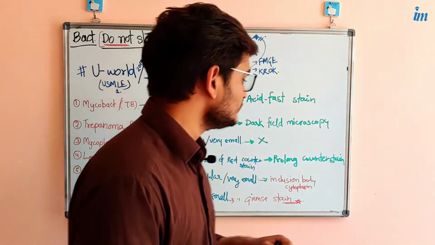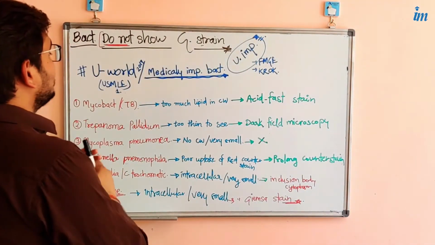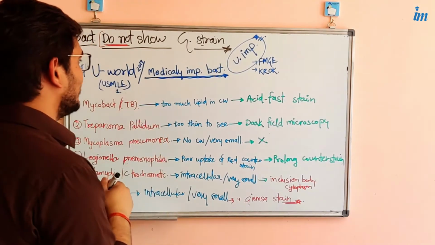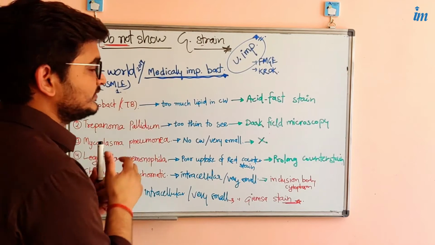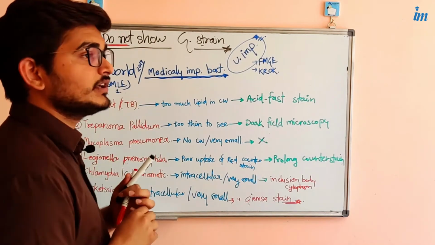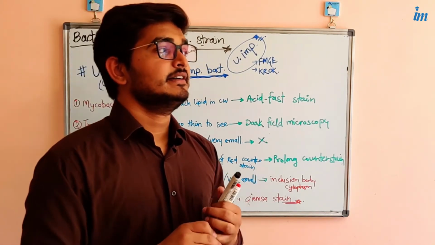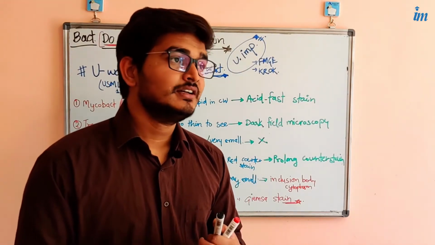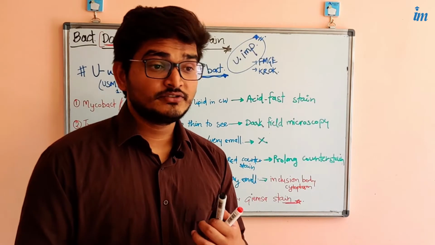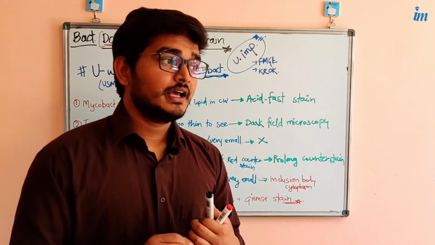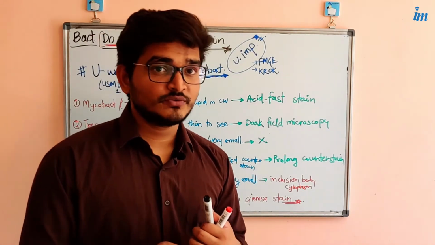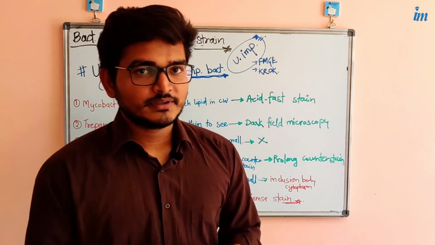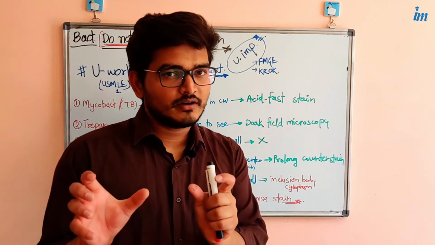So let's begin. It has been asked in UWorld 2019, 5 to 6 times I have seen, and 3 times their concepts have been used. They create the question as a paragraph, saying that there is a bacterial infection in the patient, and it shows negative in Gram stain, and further it is found to be positive when we go to another staining process, and then clinical symptoms. So they always use this concept.